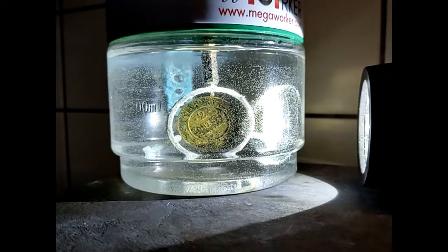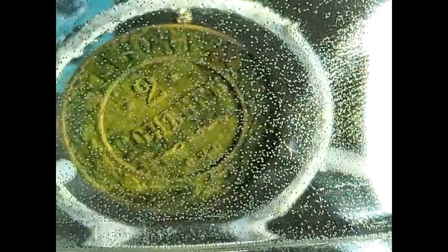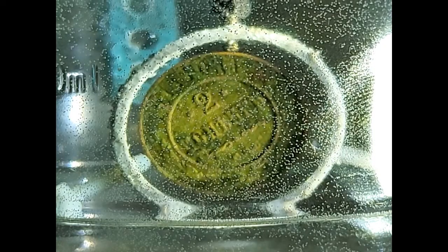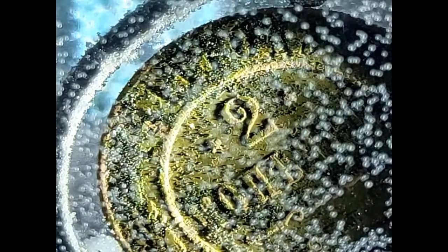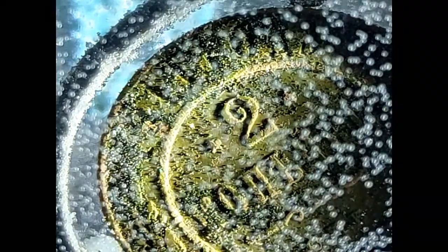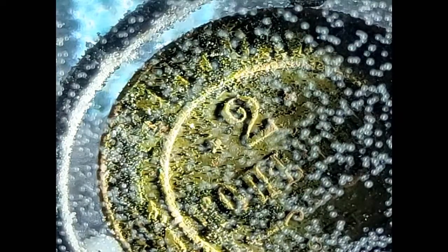To power the device, a standard power supply from any digital device is used. We connect the power cable to the micro USB connector, move the current regulator to the position of maximum efficiency. As we can see, the process is running. Bubbles have started to appear on the anode and cathode. We will control the process by the intensity of the release of bubbles on the cathode, on the coin being